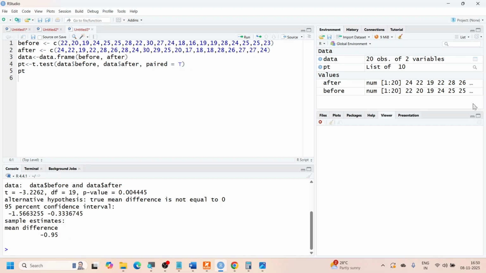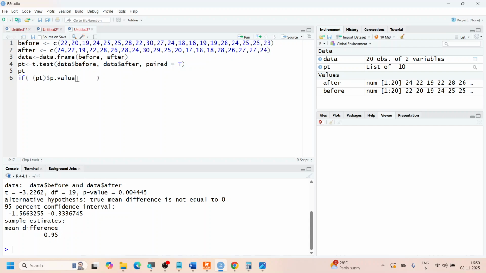I'm going to say if, so this is our pt. This is the pt variable, and it will contain a lot of things. So we say pt dollar